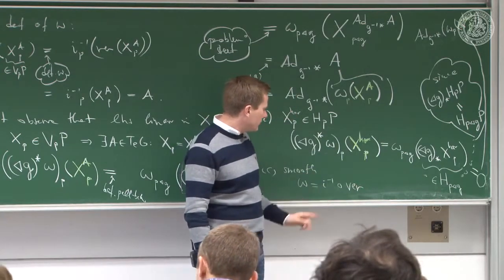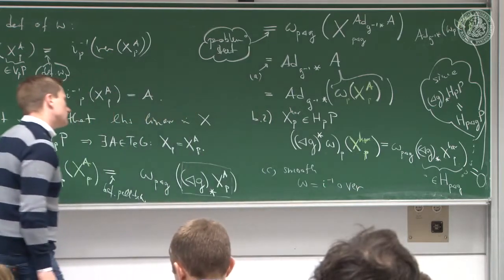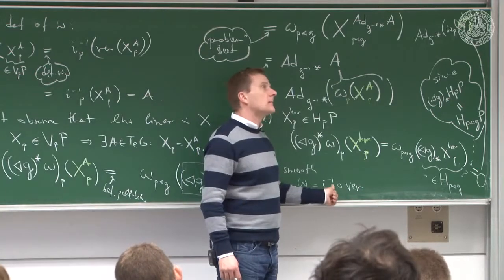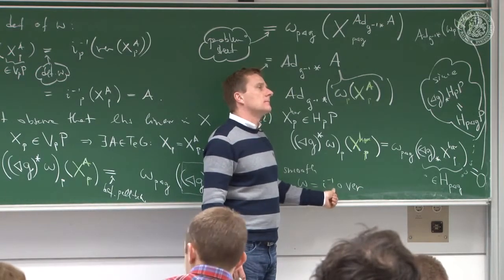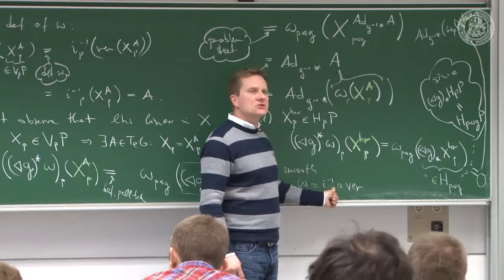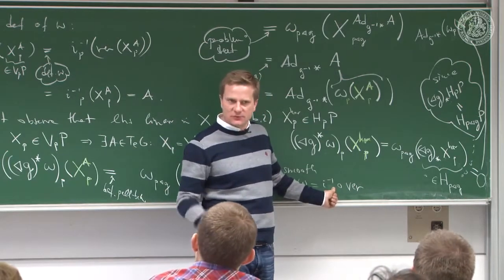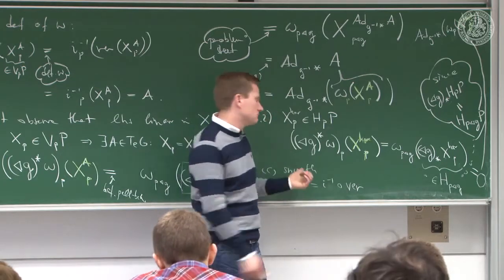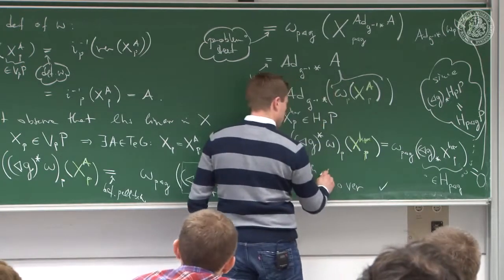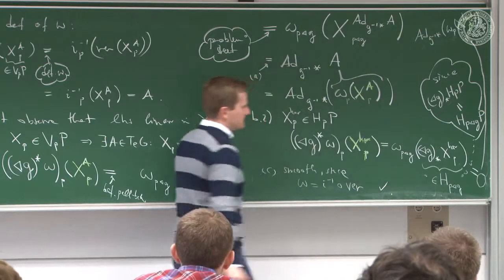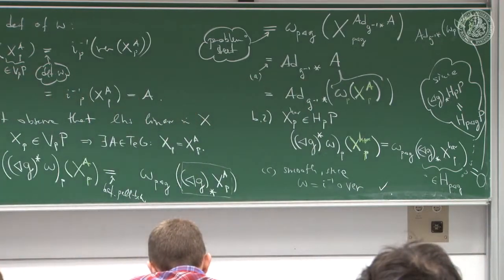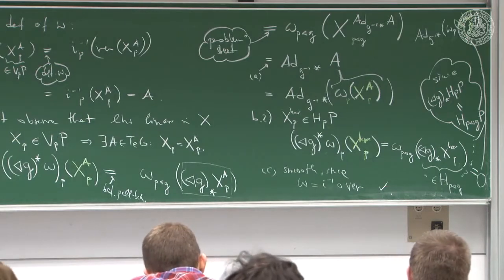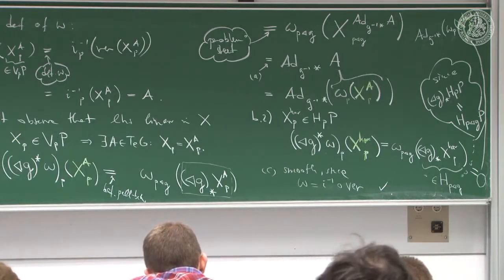And the I inverse is smooth because the exponential map is smooth. And so you have smooth after smooth is smooth. That's it. So these are the two properties of omega shown from the properties of the